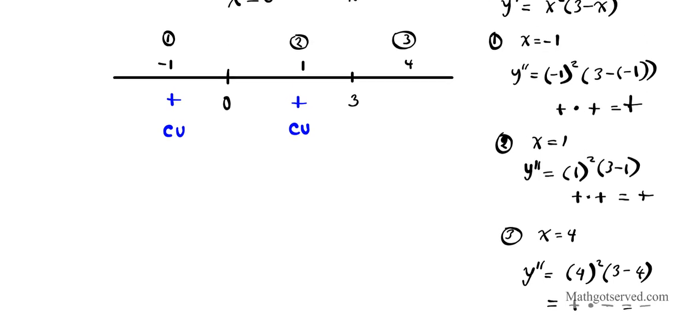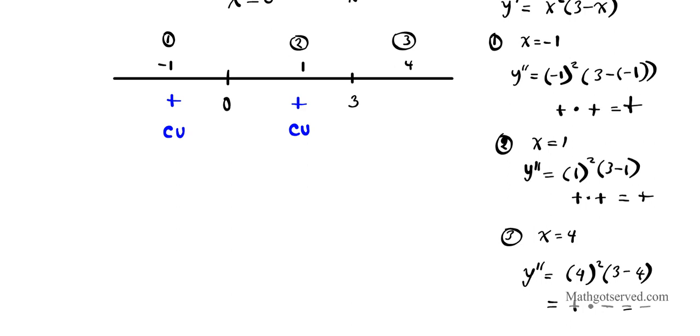So in interval 3, the sign of the second derivative actually changes. It's concave down. So whenever you have a switch in the sign of the second derivative, or the concavity, the point where the sign change happens is a point of inflection. Okay? So this is the only point of inflection that we have here. Okay? So if we want to find what the actual value of the point is,